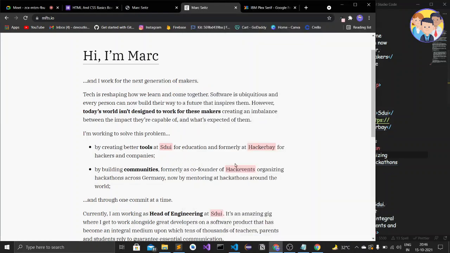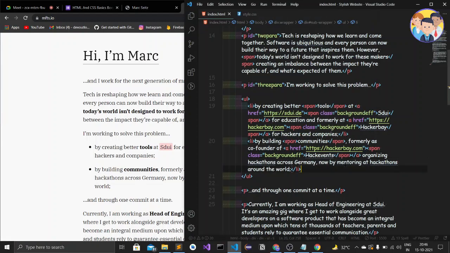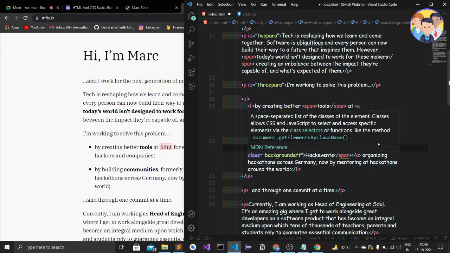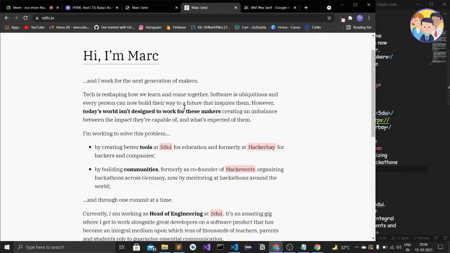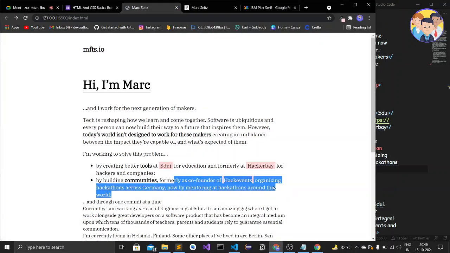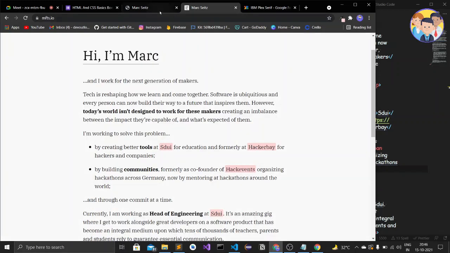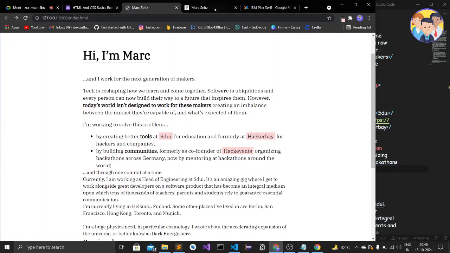Okay, and the link for it is very big, so let's give a demo link, hackevents.com. It is not a perfect link. I also don't know if there is any website on this URL or not. Let's save it and see it in our website. So there is the hover effect and background effect also. This is how we have given the background effect to our website.